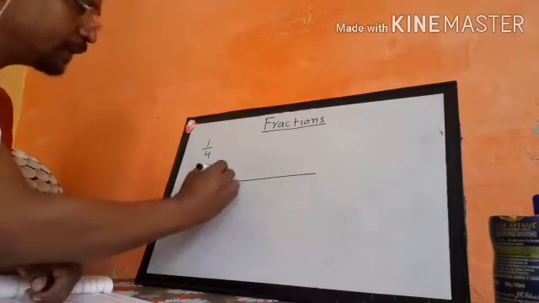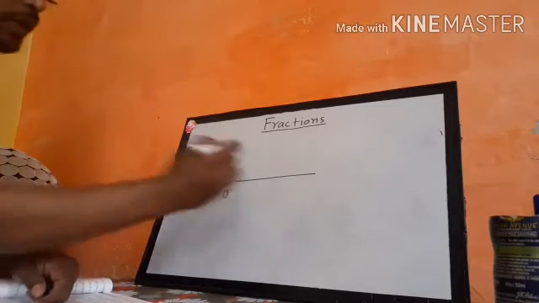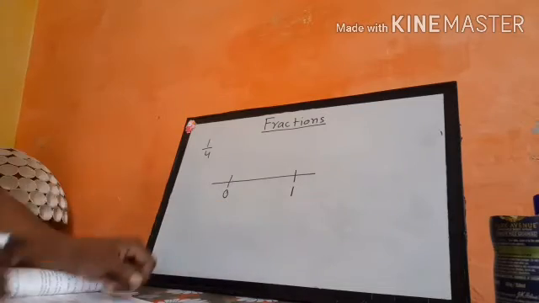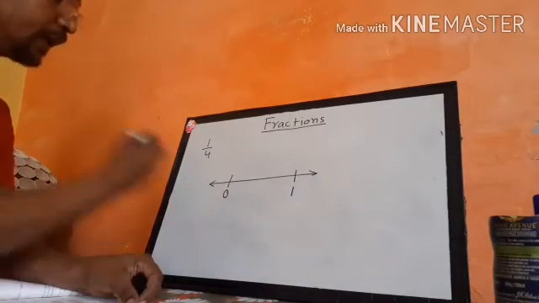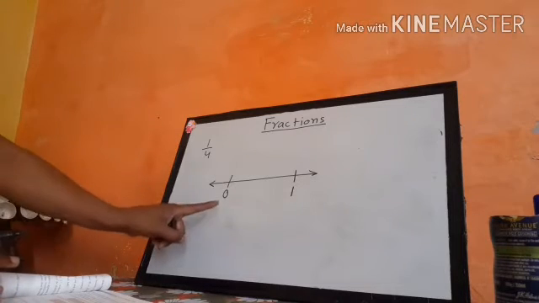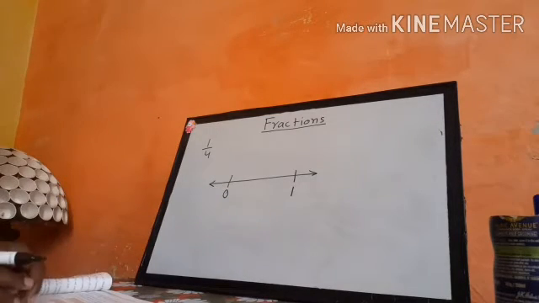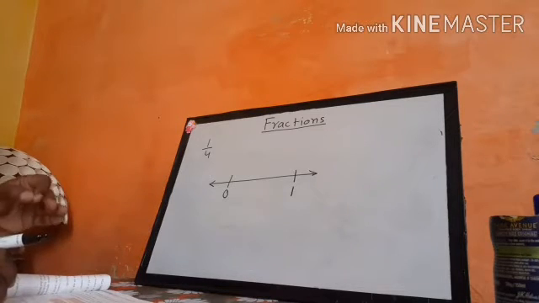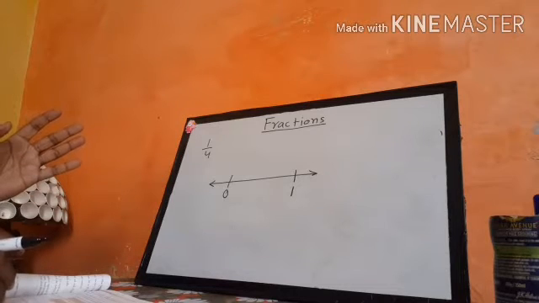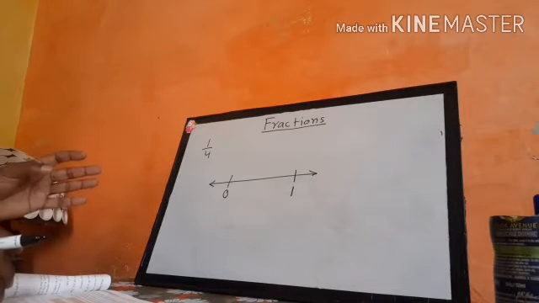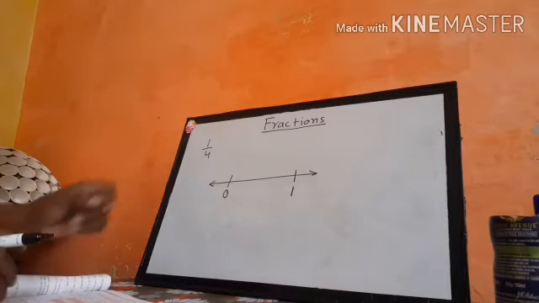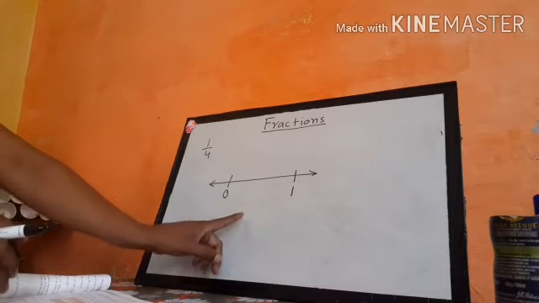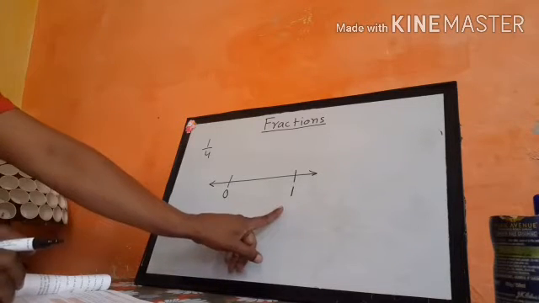So draw your number line, take the starting point, that is 0, and the other point 1. Directly you can choose these two numbers on the number line. And why am I choosing only 0 and 1? As I told you, the value of a proper fraction, where like and unit fractions come, must be between 0 and 1, because they are less than 1. They can't be 0 or less than 0. So their value must lie between 0 and 1.